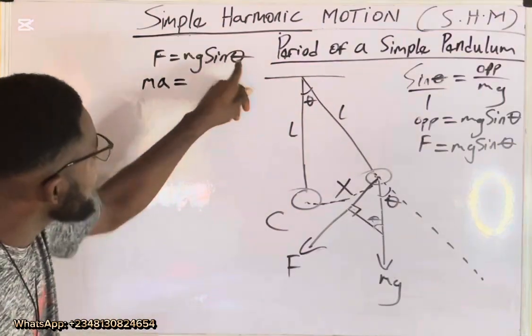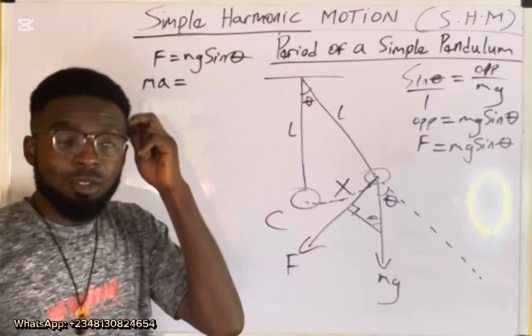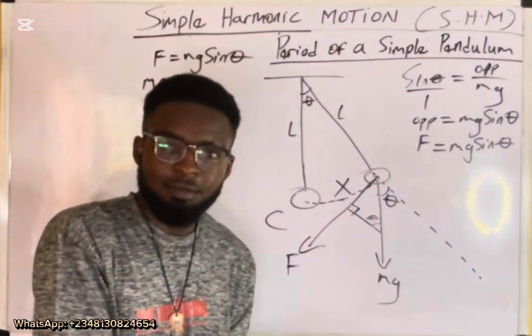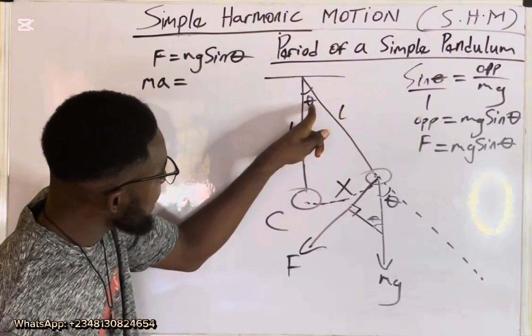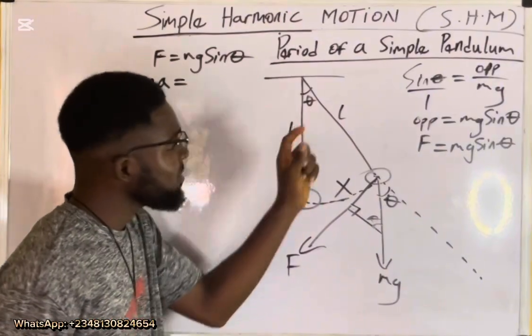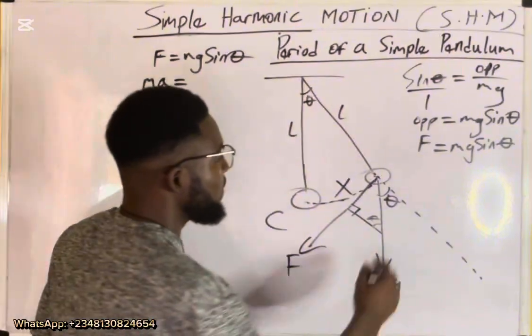Now this is sine theta, taken in degrees. Mind you, for what we have been doing before, theta is in radians. For this case, whereby the angle here is very small, let us say less than 10, the angle right here is very small. You can say that